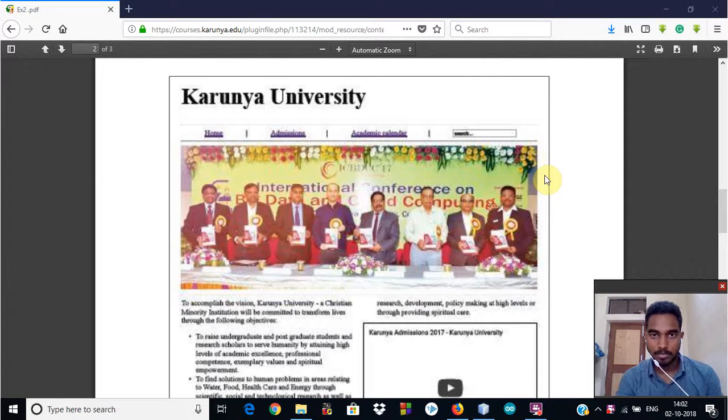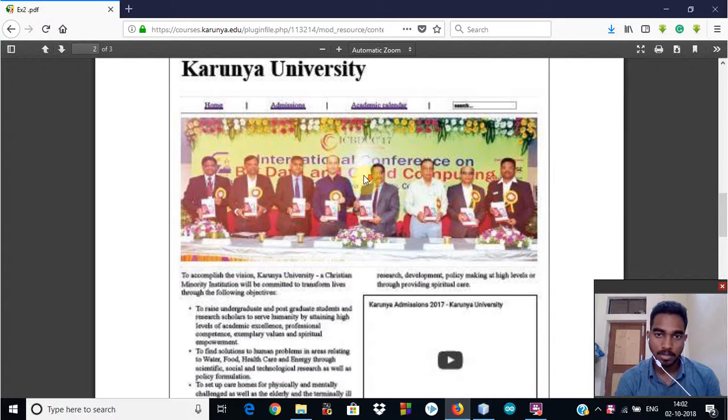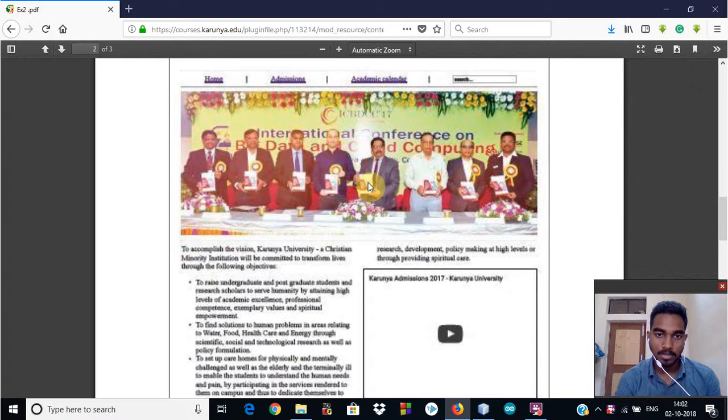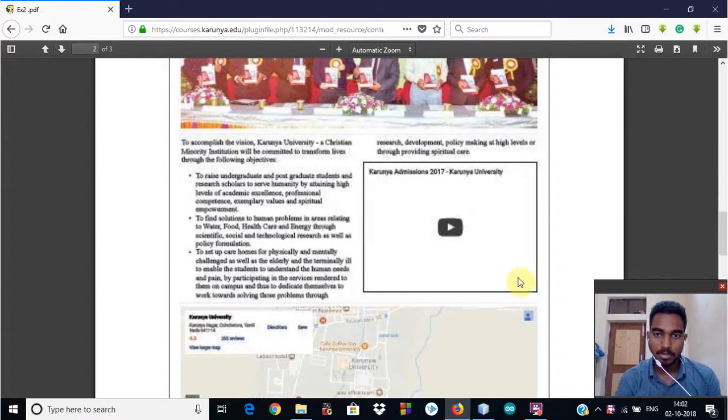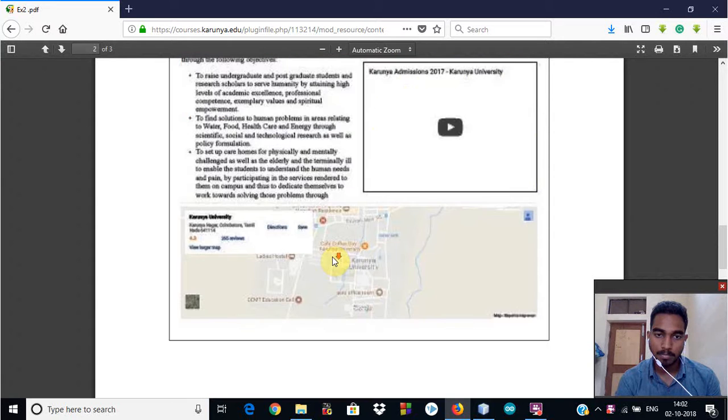So in this experiment we have to create a web page like this. So we need to have a heading on top. We have to create a navigation list with 3 hyperlinks which will be redirecting to our own pages which we'll create next. So after that we need to have an image, few text at the left, embedded video, embedded map